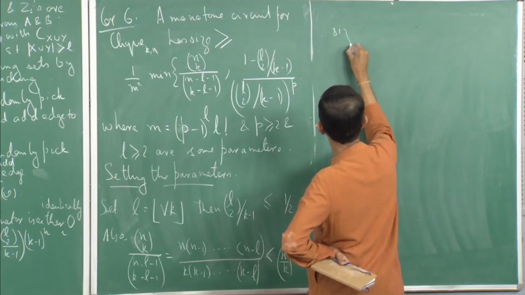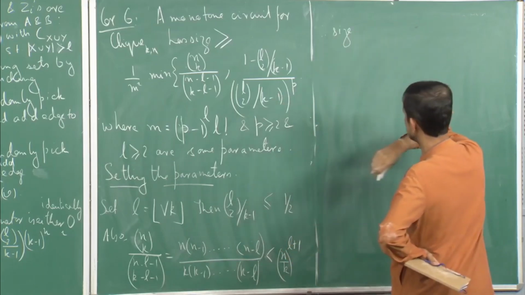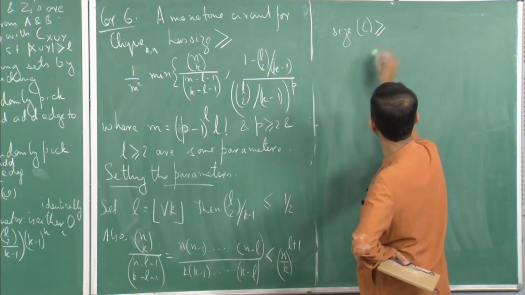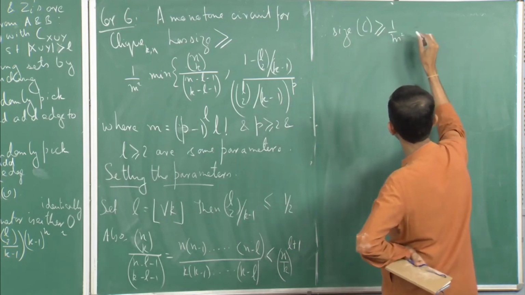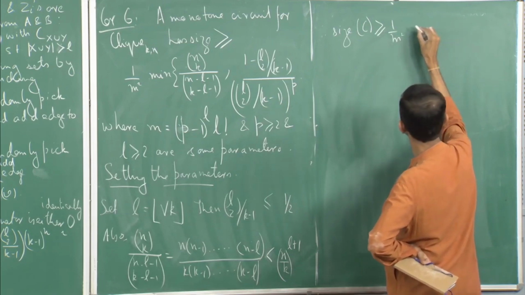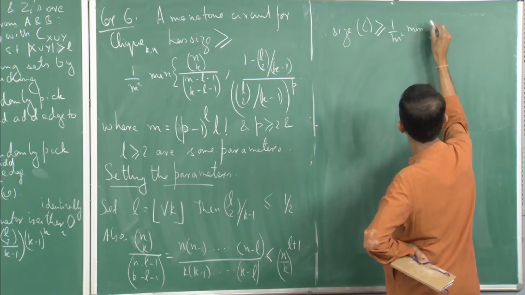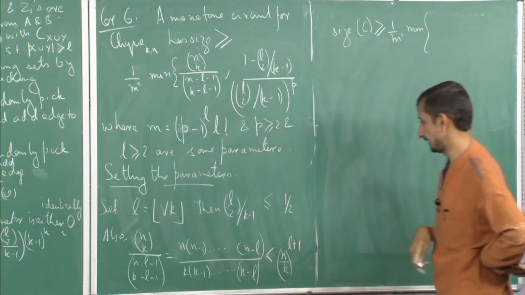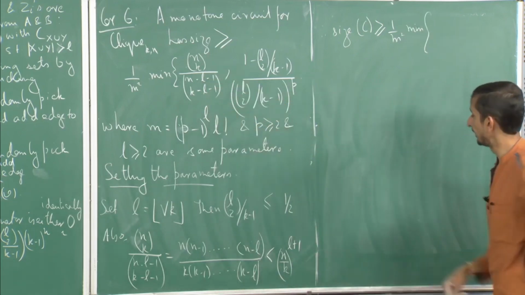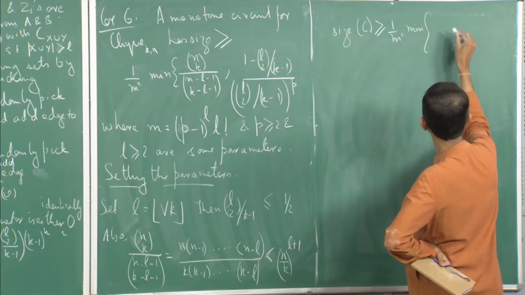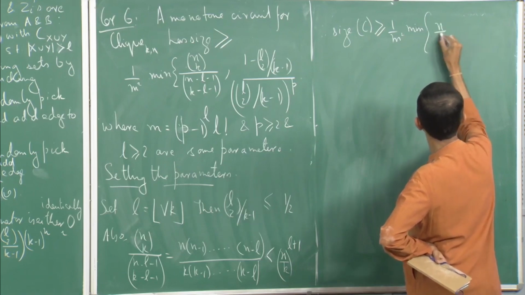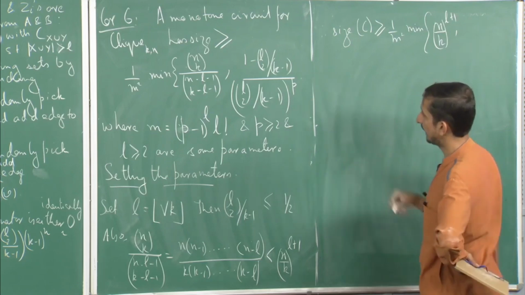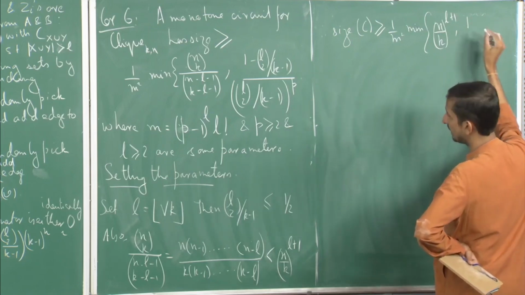So therefore, as I said, I'll just consider that circuit as C. Size of C is at least 1 over m square. Let me write the full thing. Minimum of, okay, so this is upper bounded by this quantity n by k to the power L plus 1, and this is 1